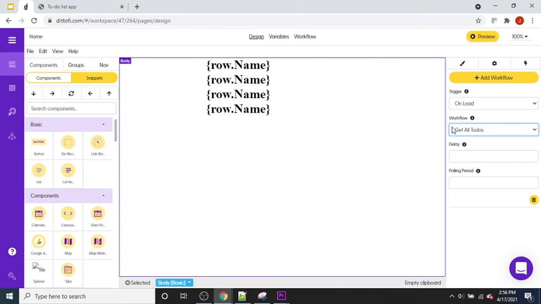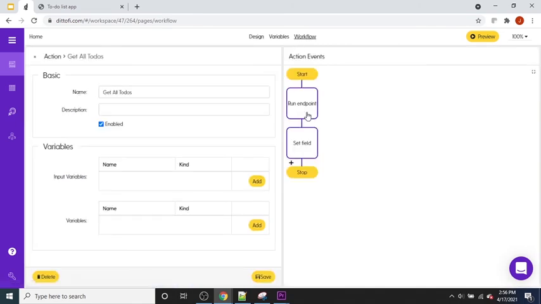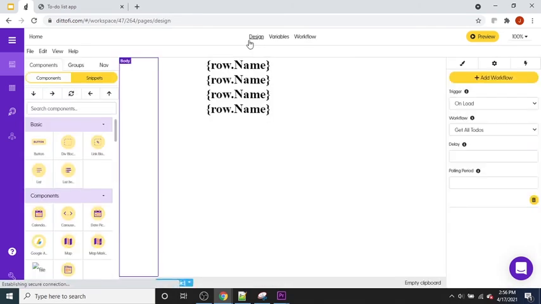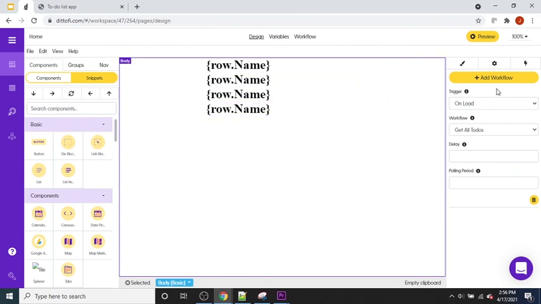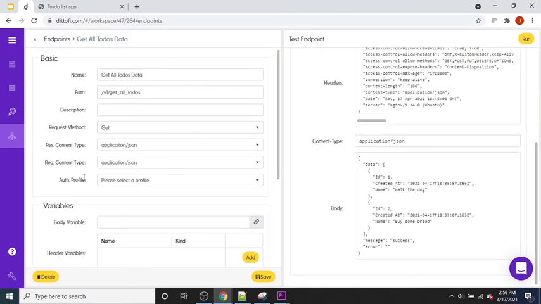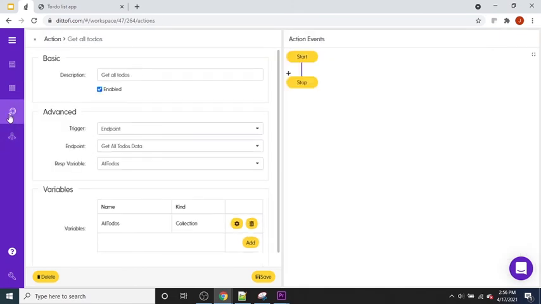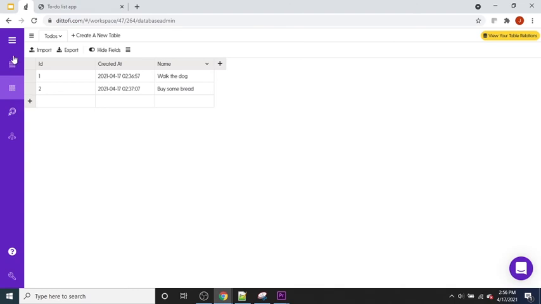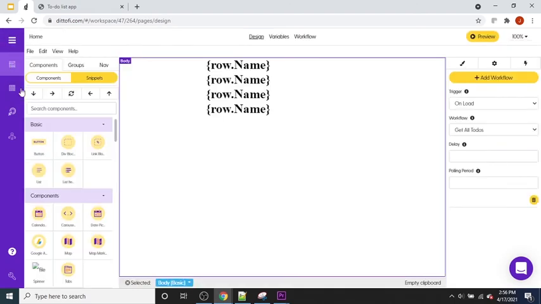That get all to-dos workflow, you'll remember, we created at this workflows page here. So once the page loads up, that's going to start the get all to-dos workflow, which is then going to run our endpoint, which is then going to go to our start an action, which is going to pick up data out of our database. That's then going to return all that information,